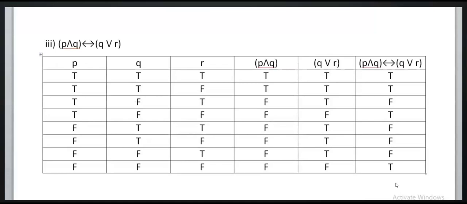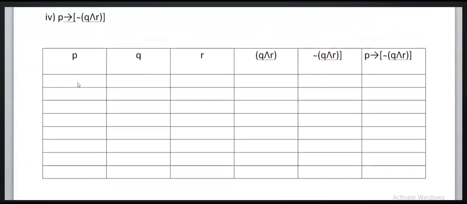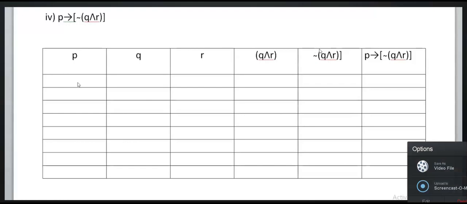Now we'll see the next example. We'll see this again. Every time, see the main joint. This is the main joint, implication. It requires P. What else is required? Q and R. Yes, we have Q and R, and their negation. And then P implies this. Okay. Now first we'll write